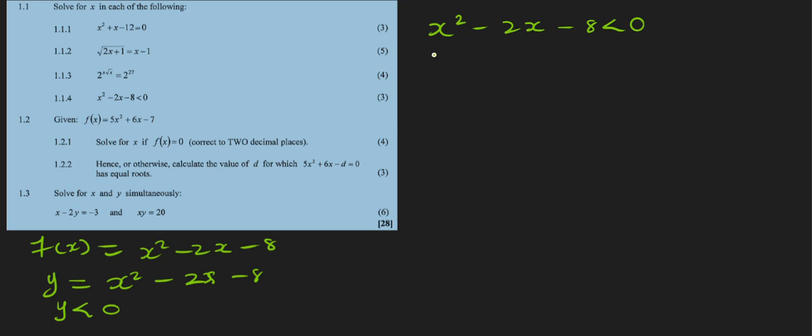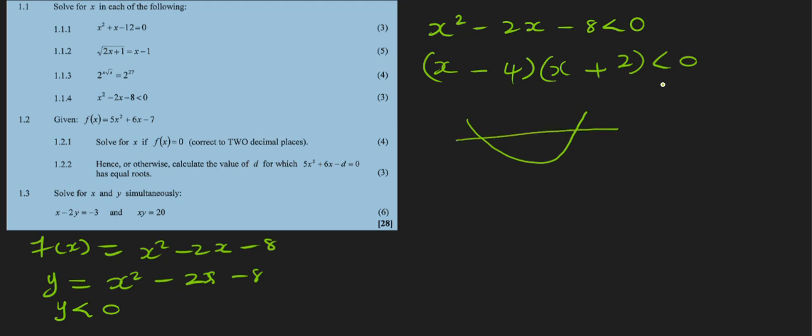Firstly, we need to find the factors of this equation. The factors of x squared are x and x, and the factors of 8 that have a difference of 2 are 4 and 2. Since the middle term is negative, 4 is supposed to be negative and 2 positive. Then we find the critical values just as if we were solving for x with an equal sign. So x equals negative 2,